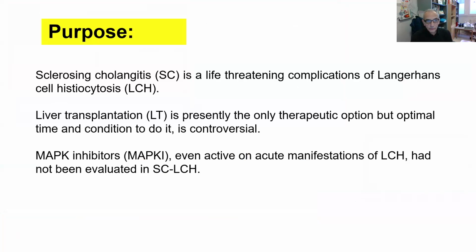We will just report what we have done. And so it's a partial approach. It's observational because the number is so low and the scattering of the disease is so high that we cannot organize a real prospective study. And most of the cases reported are in short series, and so we try to gather our experience.